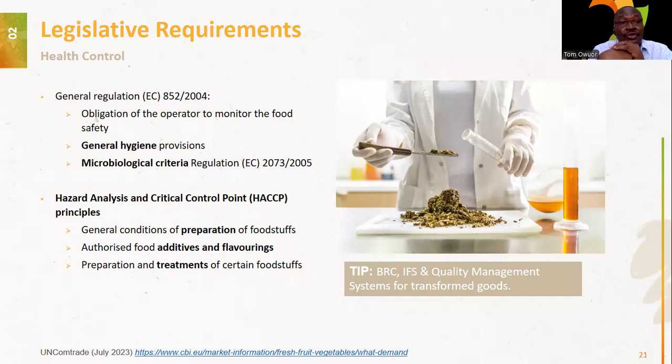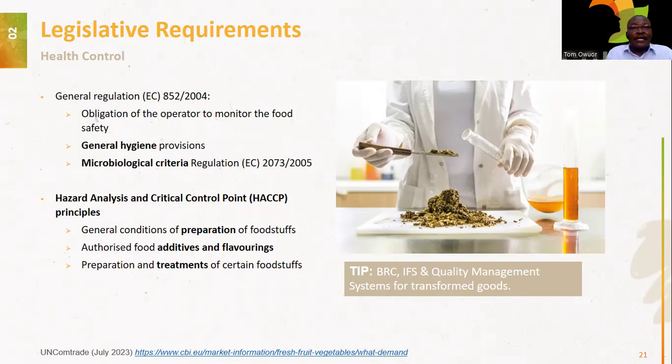Now, health controls. We have General Regulation 852 of 2004 that ensures that operators must monitor the safety of the food that they give out to the market. All operators must adhere to the HACCP principle that ensures control at every single point. The minute the produce gets into the processing facility on arrival, that is a critical control point, and it must be observed and selected so that only those that meet the requirements go to processing, all the way to packaging, up to the point in which the container will be stuffed going outside.